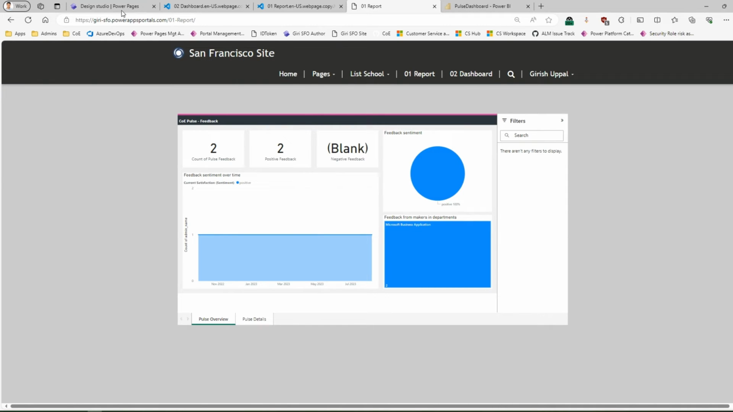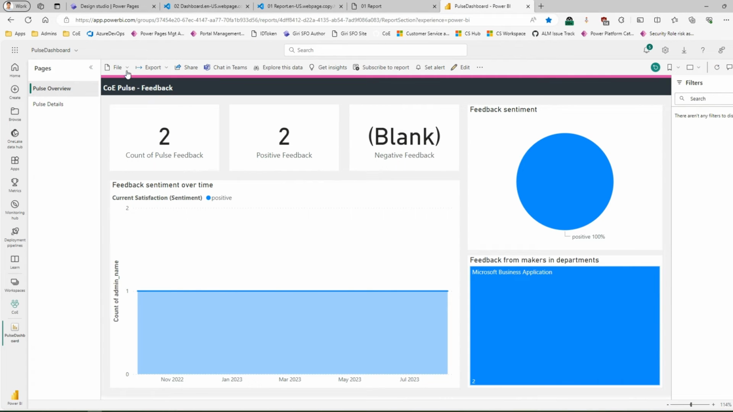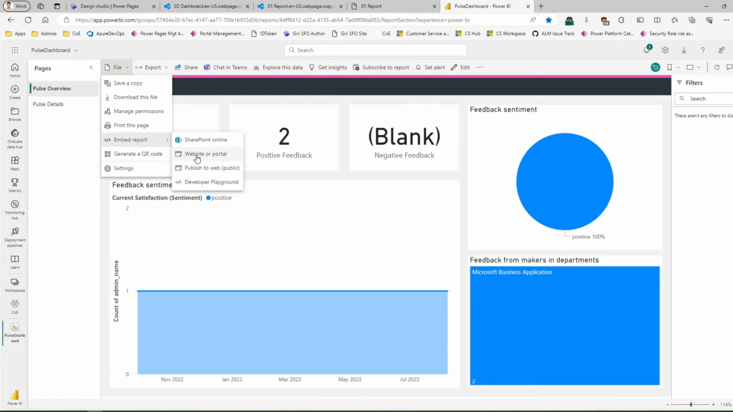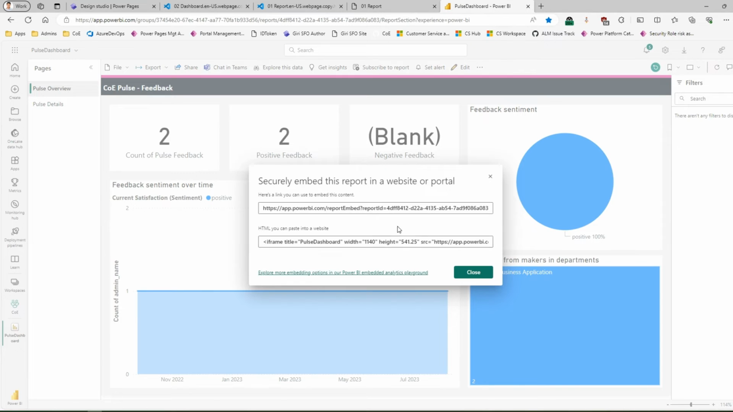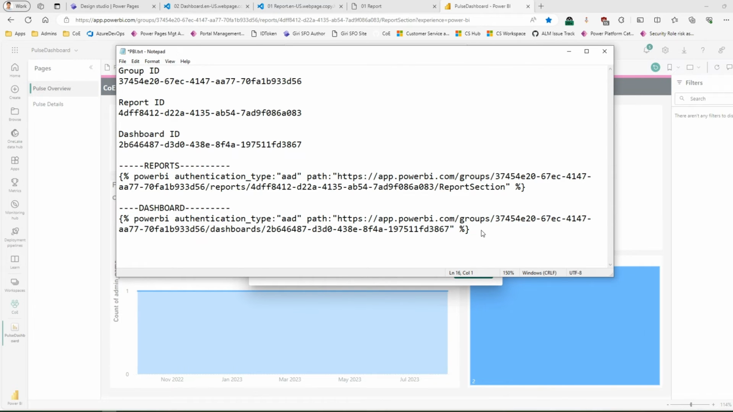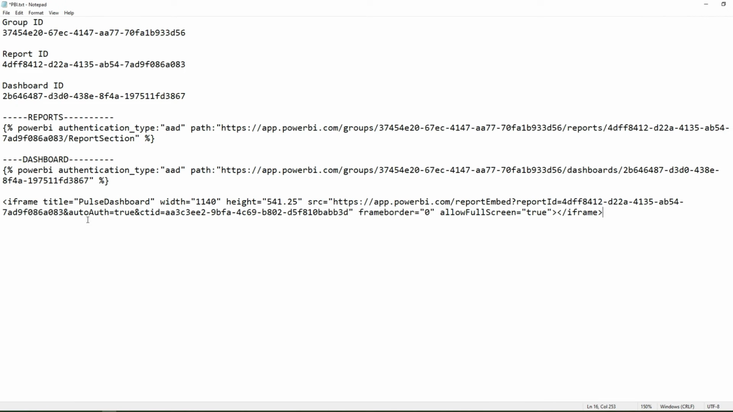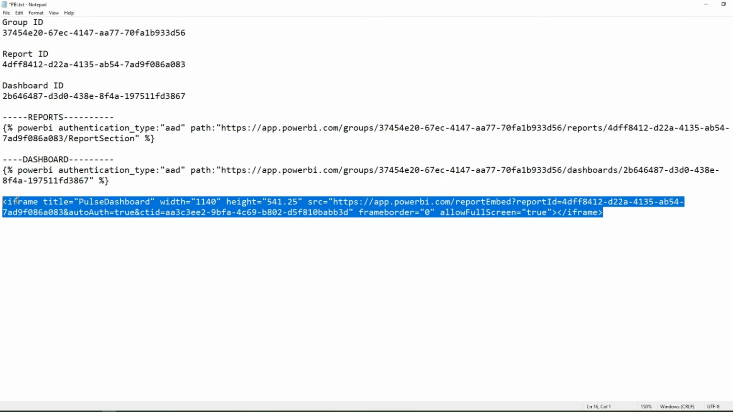Now for that, what you need to do is go into the Power BI and go to your report and File, Embed report, and Website or portal. Now here, if you see, you get an iframe, right? Copy this iframe. So I'm copying this iframe and I'm pasting this iframe here. So this is the iframe code. Now we are not going to copy this entire iframe. We can do that iframe. I'll show you the iframe as well. So let me copy this iframe and